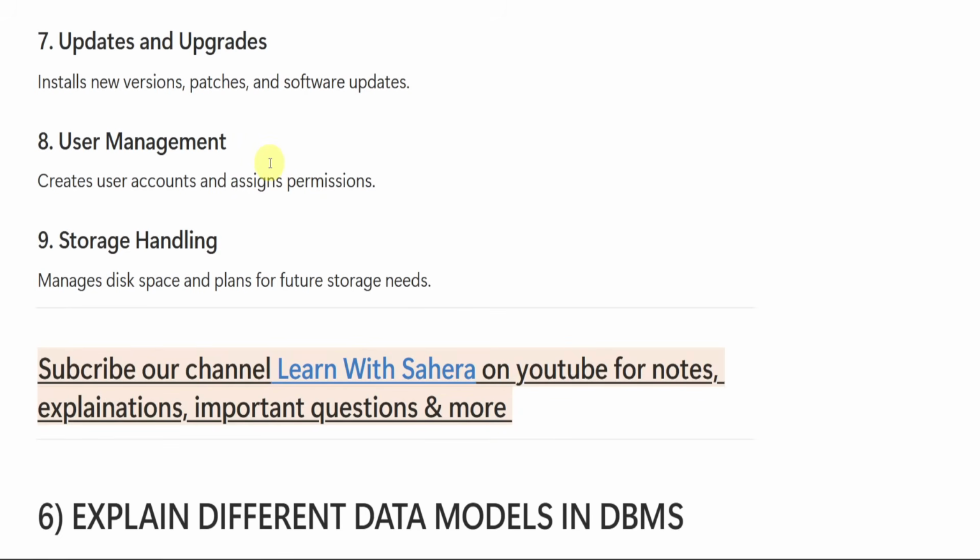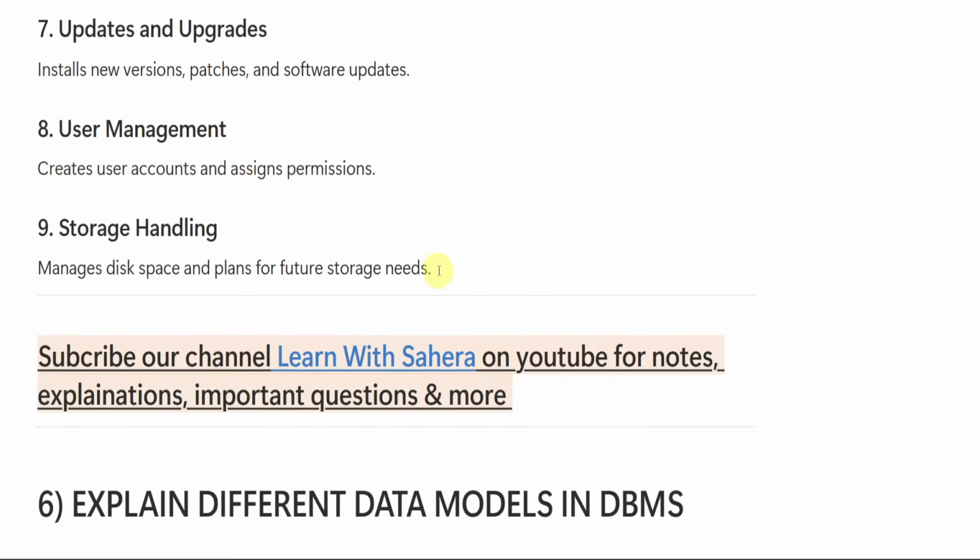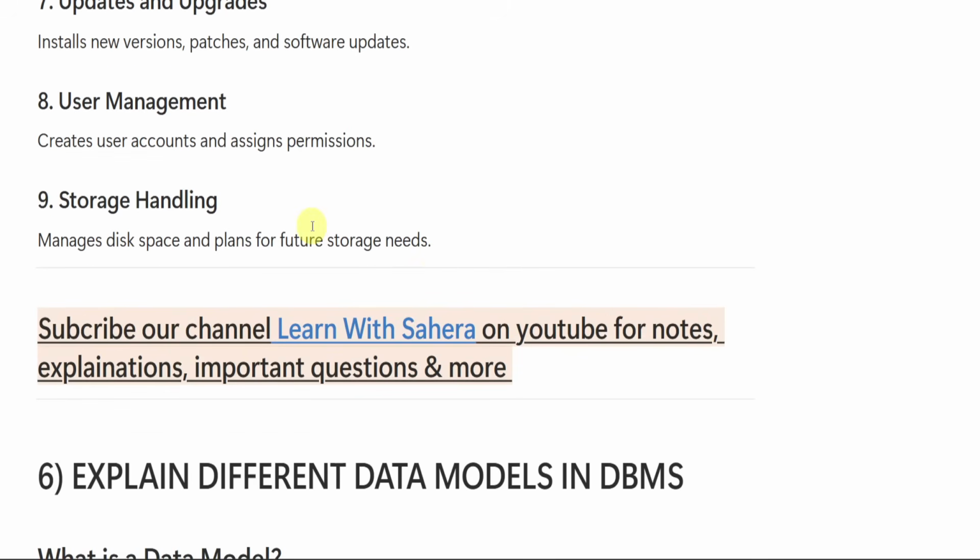Then we have user management. User account management is nothing but the DBA will create and manage user accounts. Like the DBA will decide who can log in, what operations each user can perform वगैरह। इसके वजह से क्या होता, अनऑथराइज्ड लोग आए या परमिशन नहीं रहे, तो वो डेटा को एक्सेस नहीं कर सकते।